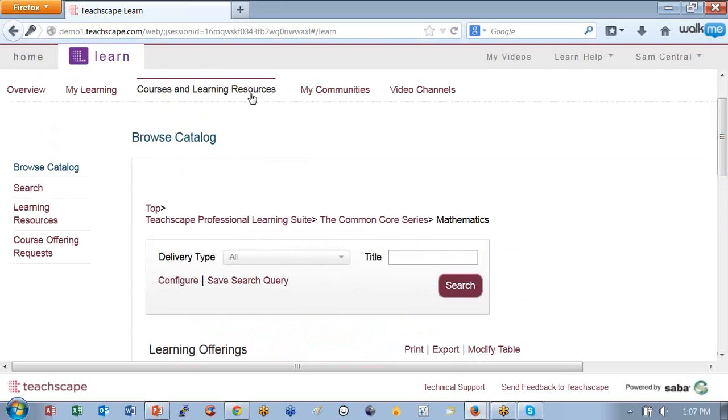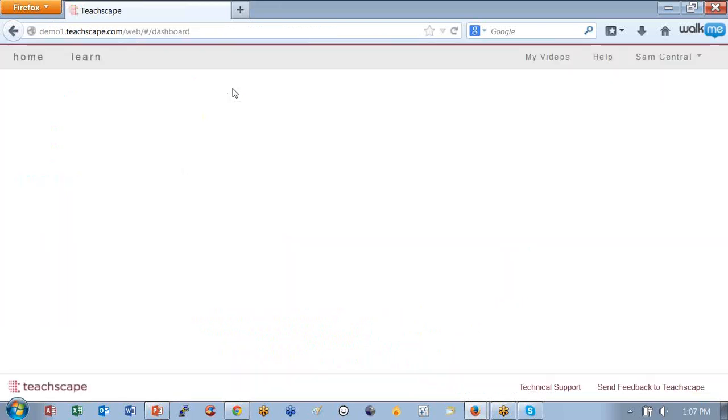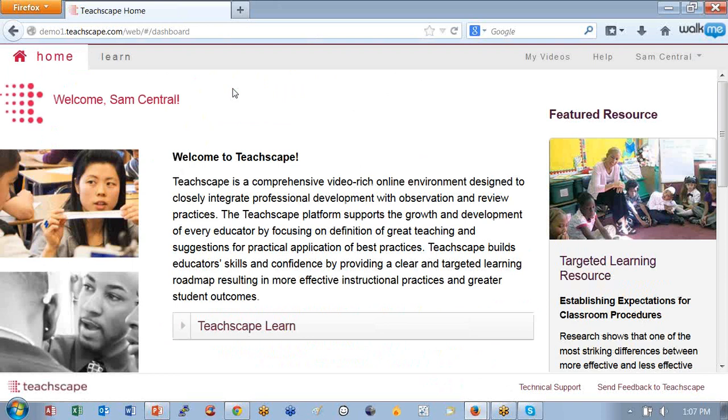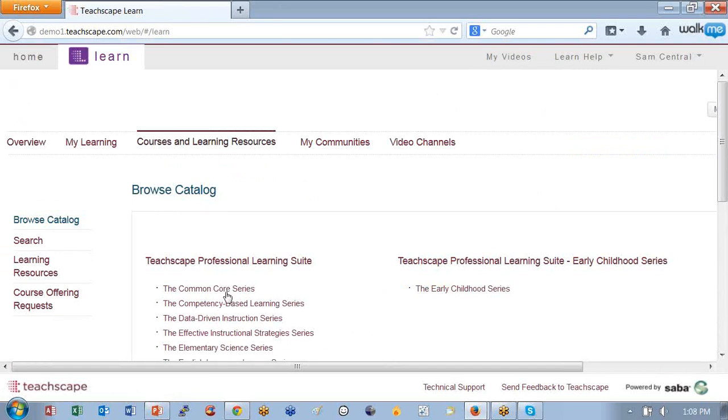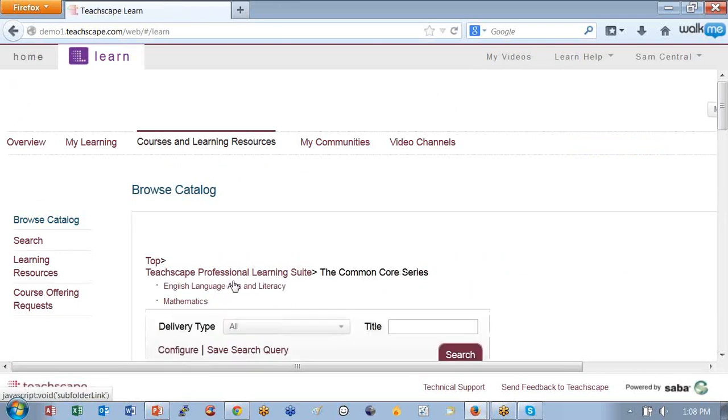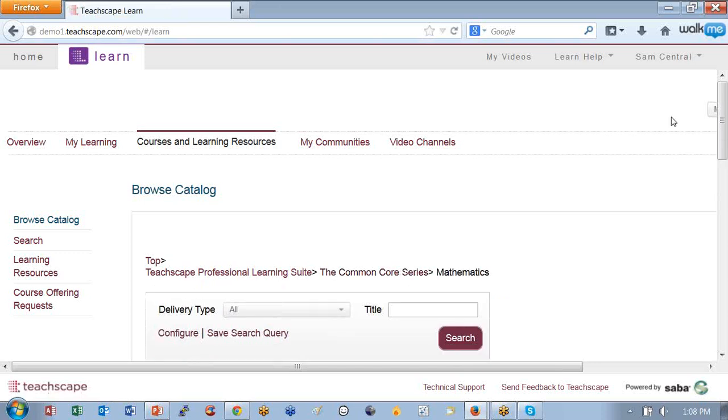Okay. The other thing that we can look at, and I'm not going to go into much of it, is what you do with all this information. This is where we're seeing districts go, either after they've done some walkthroughs or after they have some scores. They'll often go into Learn and ask what kind of courses are available, whether it's related to the Common Core series, which we've loaded in. So we now have English and math. Let's say math was an initiative you're looking at.